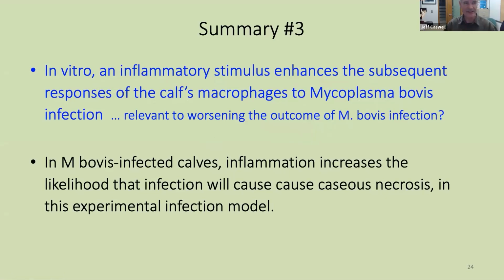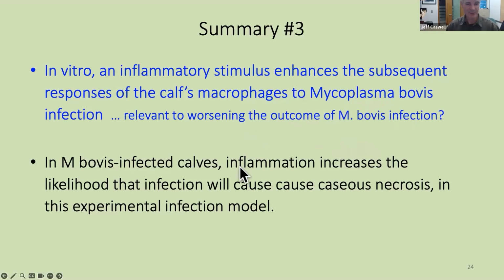We think those little areas of dead cells within the lung tissue give this bacterium a place to hide out. So as the calf mounts an immune response, the immune response can't get in and eliminate the bacterium. And similarly, when you treat animals with Mycoplasma bovis pneumonia, the antibiotics can't penetrate well into those caseo-necrotic foci. And that may be one reason, in addition to antimicrobial resistance, why these animals fail to respond effectively to antibiotic